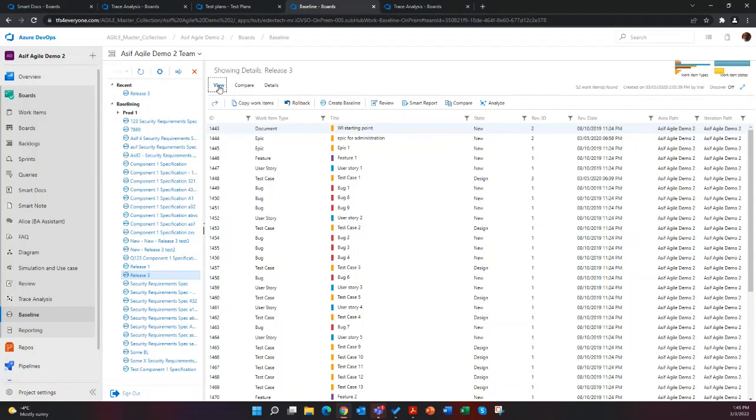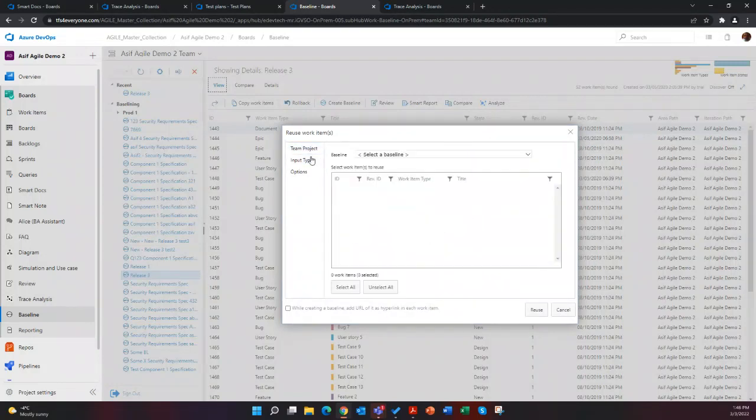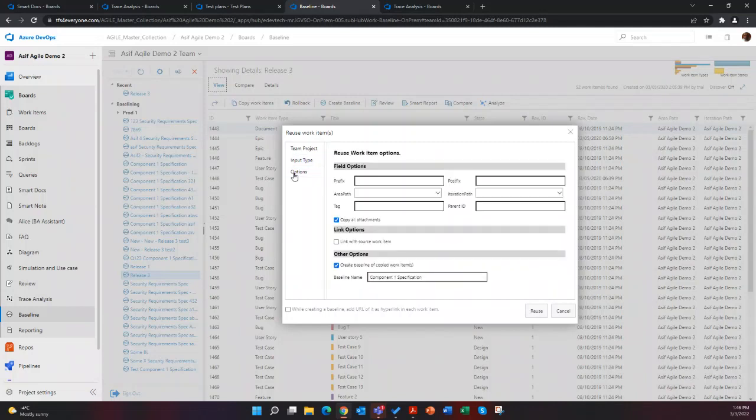And what many of our clients do is, although through the backlog you can multi-select work items and reuse them, and you can copy them to multiple places using model requirements, you can also create a library of reusable assets. And then point to your library and pick some specification consisting of various work items and pull it into your project.